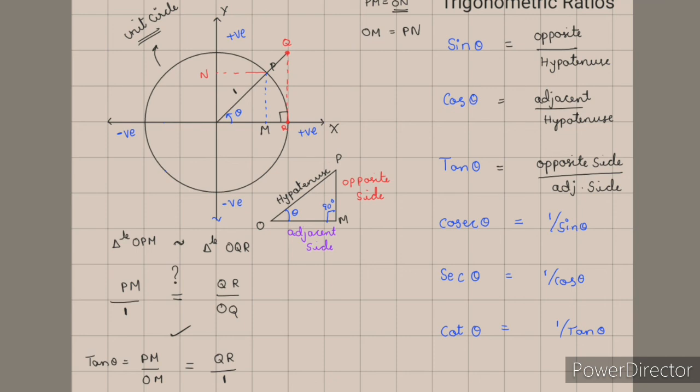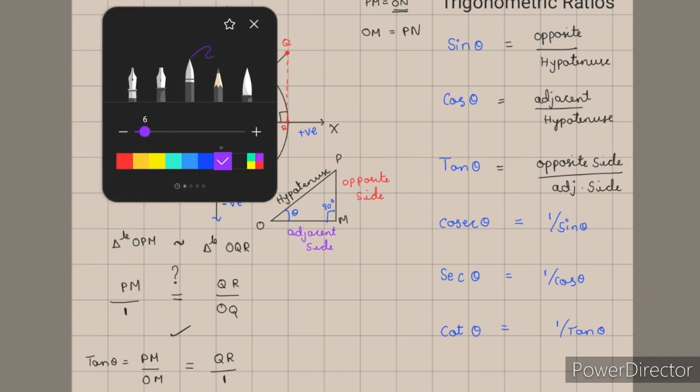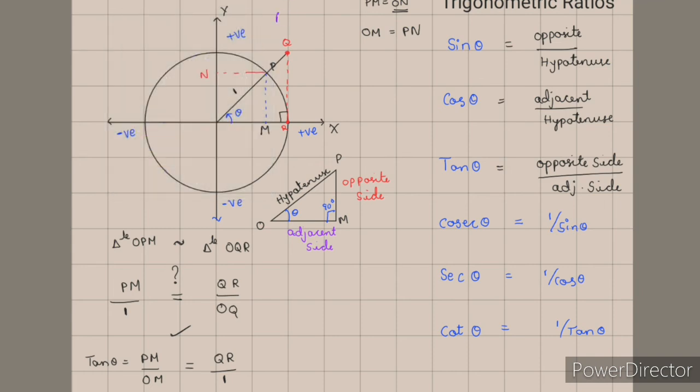So, we have seen that sine is positive in the second and first quadrant. Cos is positive in the first and fourth quadrant. Tan is positive in the first and third quadrant. There is a short trick to remember this, which is "All Silver Teacups." You must have known this. All, Silver is in the second quadrant, Tea is in the third quadrant, Cups is in the fourth quadrant.